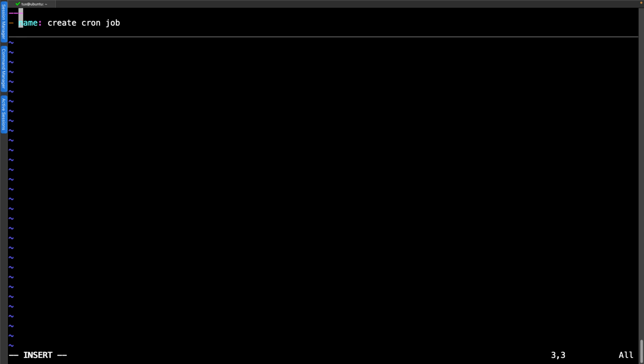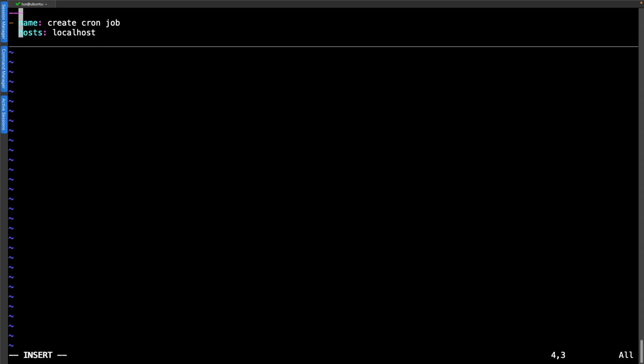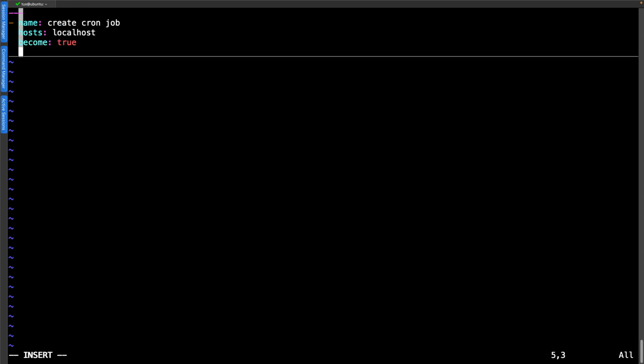We can specify the hosts that it's going to run on, and we only need the cron job created on the local host, but I can use the file on the local host as a blacklist for all of my firewalling systems. We're going to elevate our privileges because we're writing to the system cron file, and we can then set a list of tasks, but we're only going to have the one task creating our cron job.